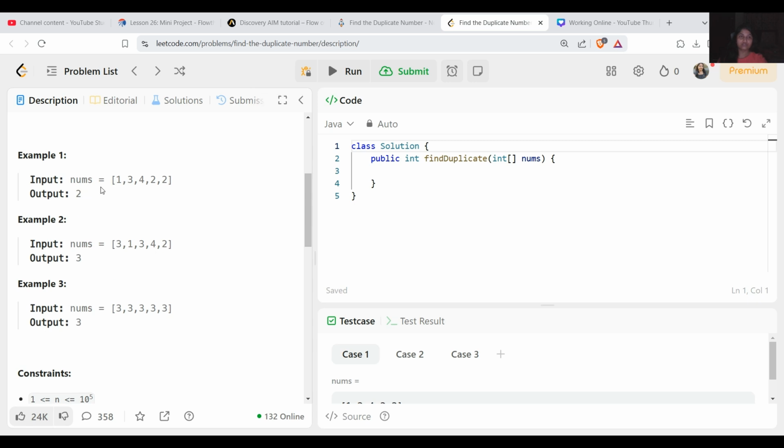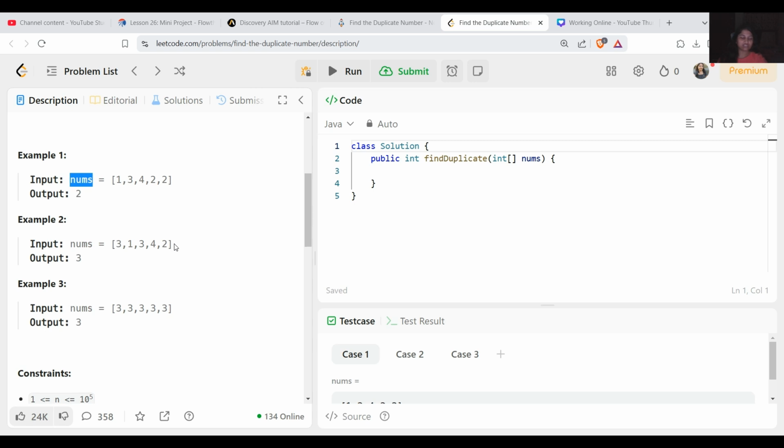So we will treat each number as a pointer to the next index of the array, like nums[i] points to nums[nums[i]]. This way we will use the cycle detection approach.